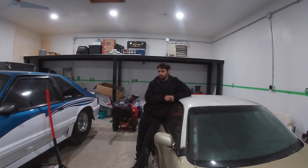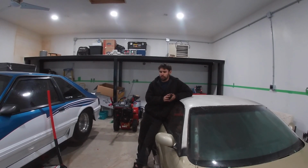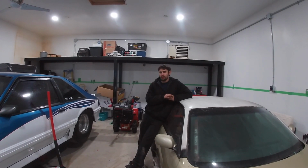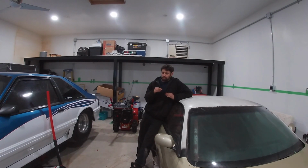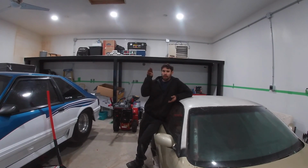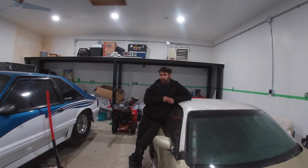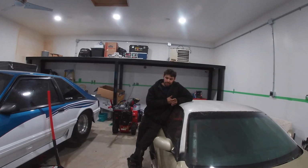So we started playing with that a bit, and we started trying different things that you hear work and you hear don't. I started playing with the intersection points of the car pretty hard, and ended up getting more aggressive than you would think the average bracket car would get. Because it's a low center of gravity car, it actually tended to work better the more aggressive, like shorter and higher up we got. We tightened up the suspension a lot in the back, and pretty quickly we were realizing we were onto something. We went from 1.43 60 foots down to 1.31,